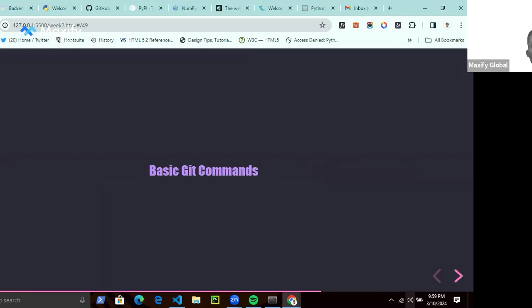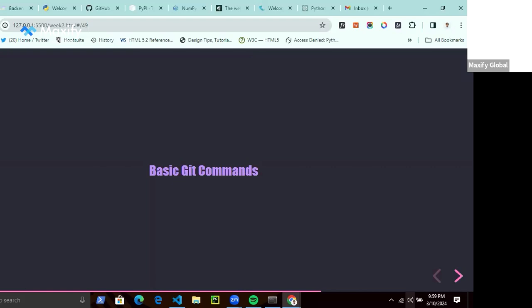If you want to start a Git repository, or if you have your code and you want to start a Git repository, all you need to do is say git init. Git init is a basic command that helps you to initialize a Git repository. Then we have git clone. What clone does is get a copy of a remote repository. If you have a remote repository, let's say on GitHub, you can use the git clone command to get a copy of it onto your local machine.